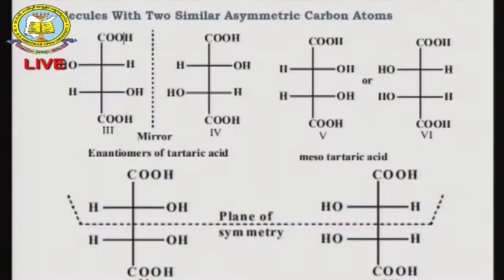First we come to the molecule containing more than one chiral center. Here I already discussed the molecule containing 2 asymmetric carbon atoms. In this case, molecule with 2 similar asymmetric carbons. For example, you take tartaric acid. In this tartaric acid, two chiral centers are there. These two chiral centers in tartaric acid are uniformly substituted with COOH, COOH and OH. Okay, it exhibits